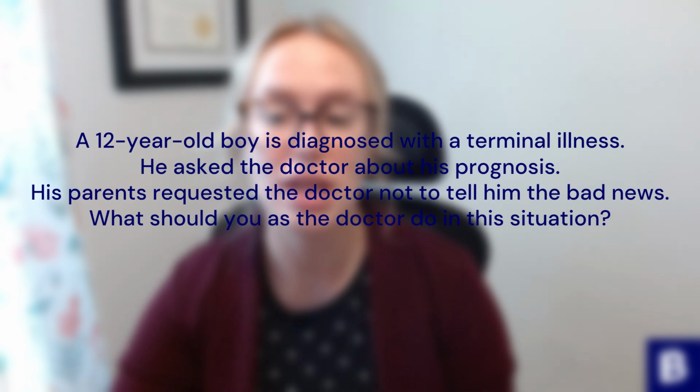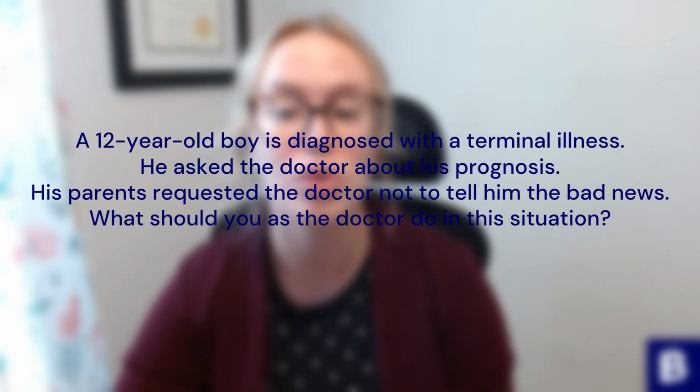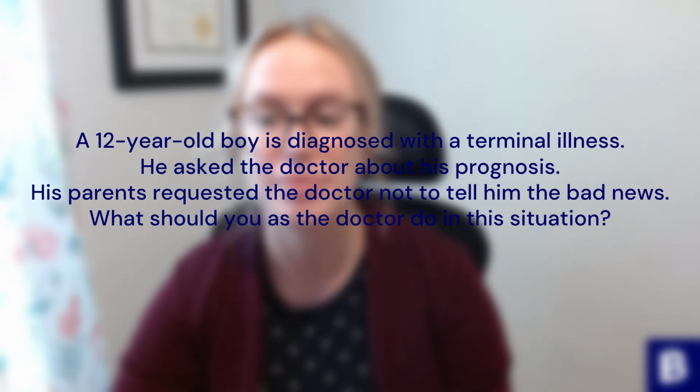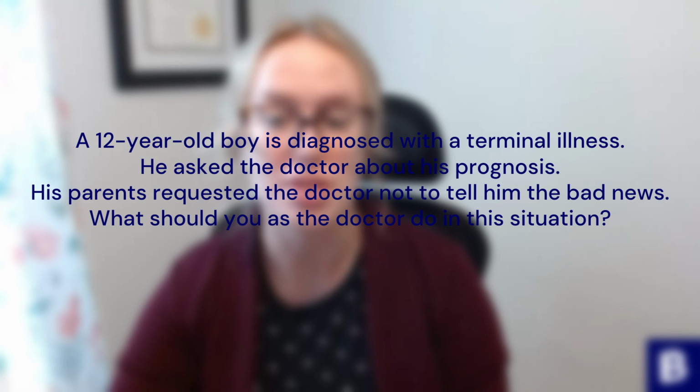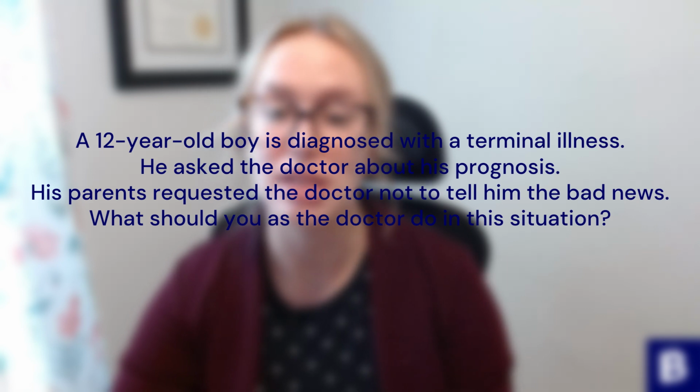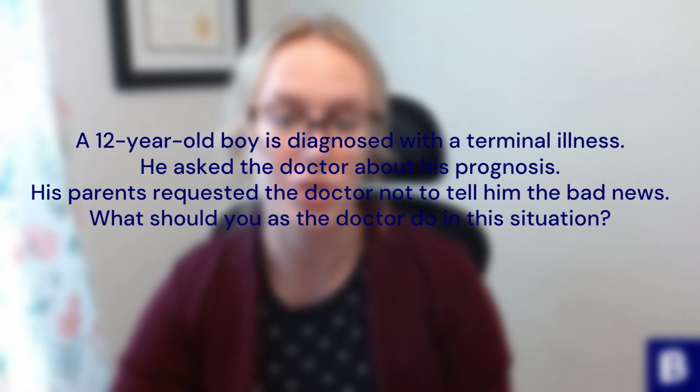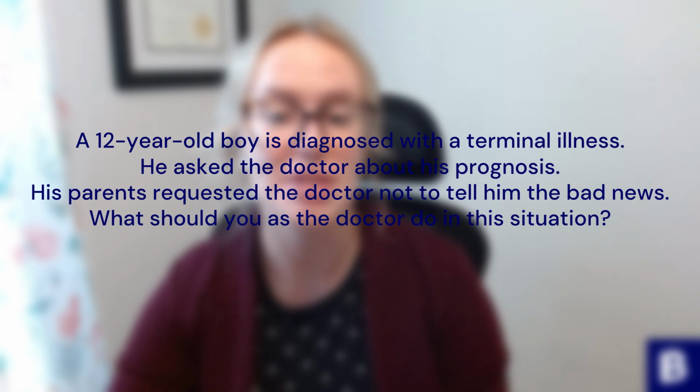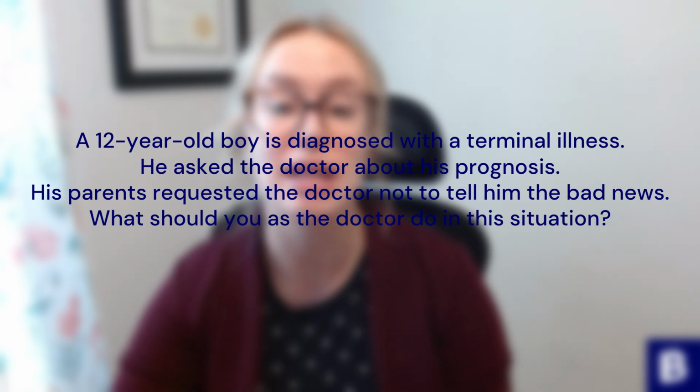To assess his maturity, I will ask him how he's feeling and what he thinks of his condition. It will be important to understand what he already knows before I decide if I should reveal other critical details. I have two available options: to go against the parent's wishes and tell the child, or to respect the parent's wishes. If my assessment of the child's maturity reveals that he can understand and appreciate a situation, then I would tell the child. It's important to reveal the truth to the child in this case, since the knowledge has health